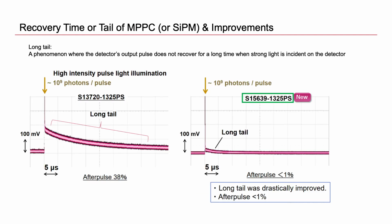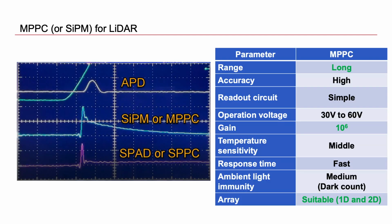One challenge, however, is the longer recovery time, or tail, of MPPC versus APD. This phenomenon is caused by the quenching resistor of the MPPC and the trapped carriers inside the silicon structure due to the high intensity light illumination. Pole zero cancellation and fast output from such a detector are useless because this phenomenon is mainly due to the internal carrier saturation. This key factor, along with the number of microcells of the MPPC, limits its dynamic range,